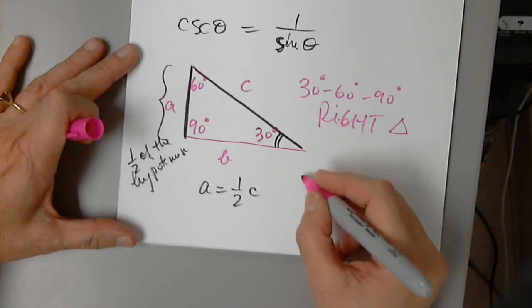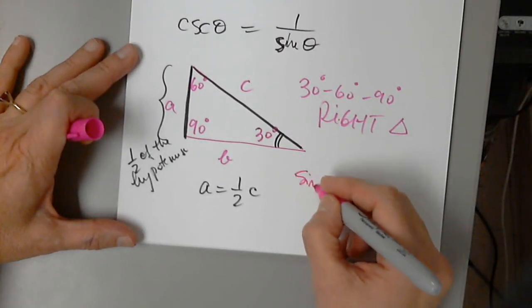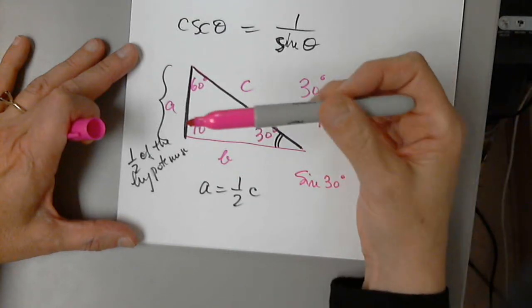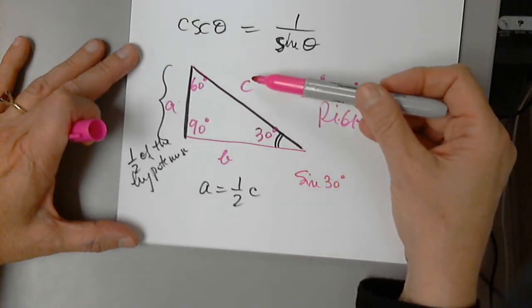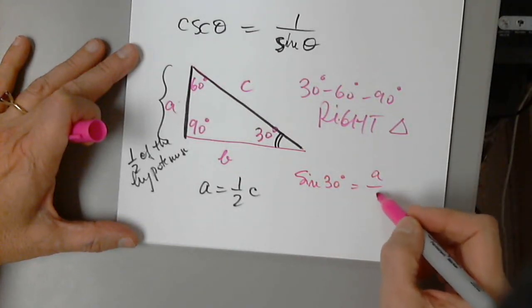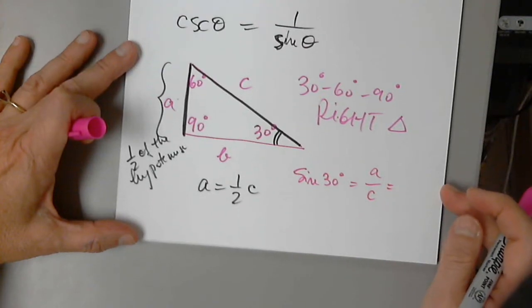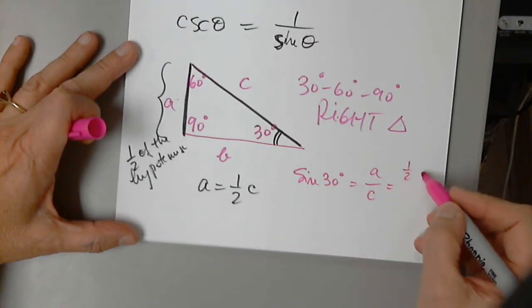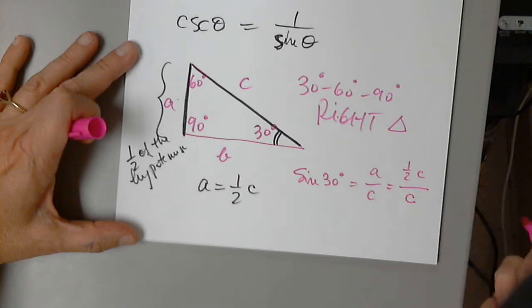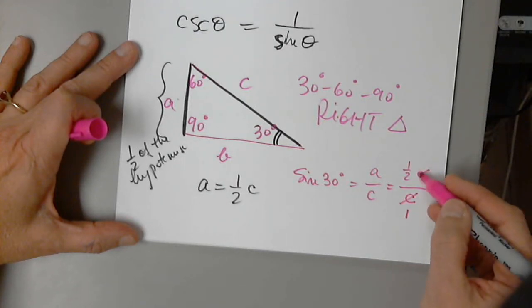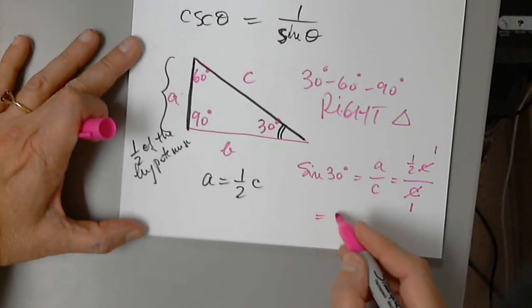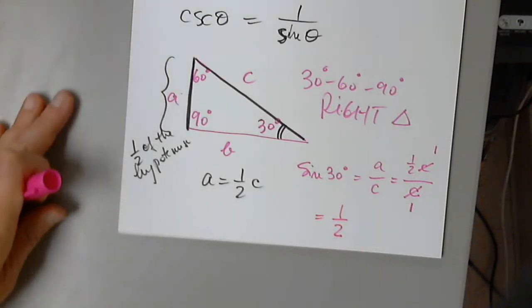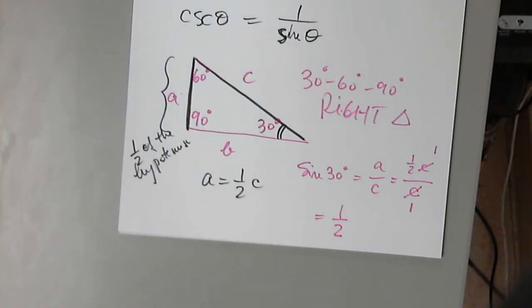So then, if that's the case, how much is sine 30 degrees, which is the opposite over the hypotenuse? A divided by C. If A is 1/2 C, and C is in the denominator, and C cannot be 0, what is always, forever, sine 30 degrees? So now we can go back to our table that we started a few minutes ago,